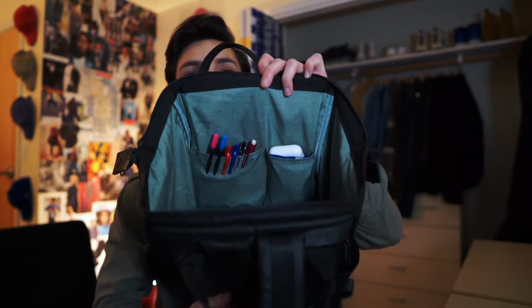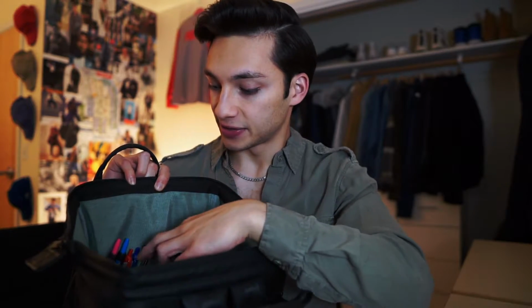This backpack is structured so when you open it, it has this whole area that is open to put everything in. So you can see all of it in there, and let's get into it right now. I'm gonna start with this first pocket here. You can see that I have a whole bunch of pens and pencils. I have 2 highlighters, a red and blue pen, a black pen that I mainly use, and then the pencils